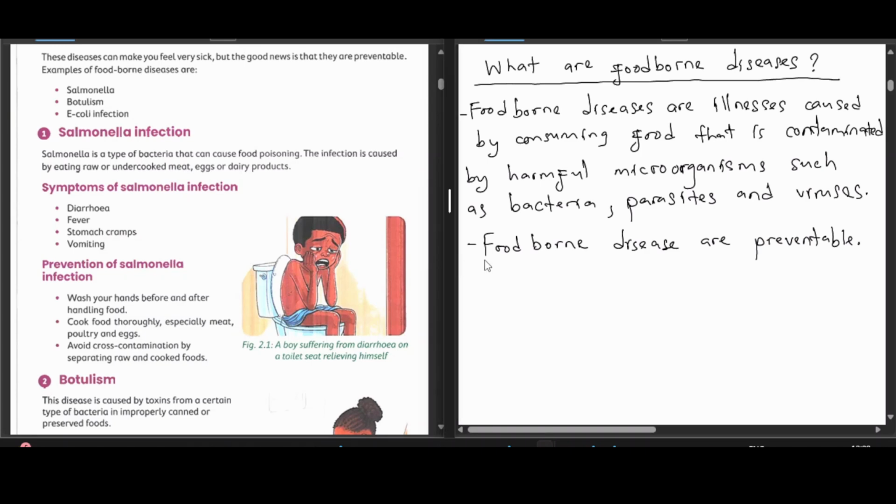Examples of foodborne diseases are, so let us do this. Examples of foodborne diseases are,